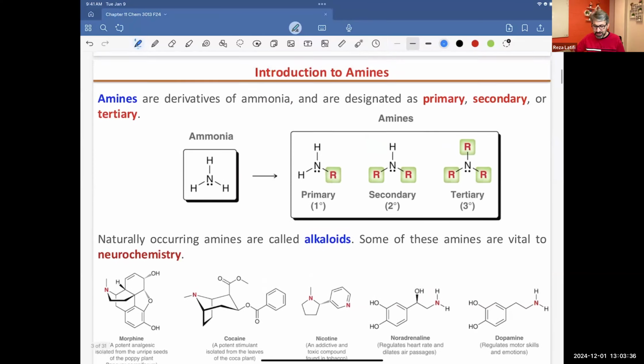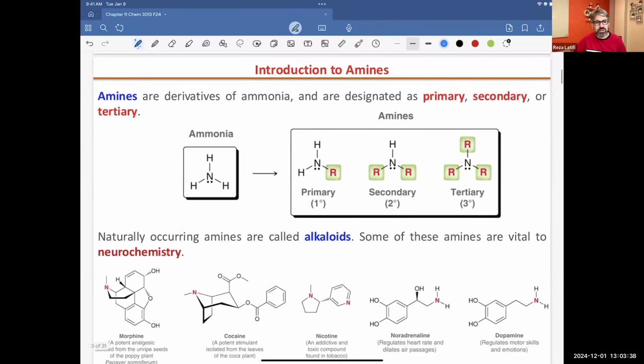In this lecture, we will be talking about the amines, compounds that are technically derived from ammonia. We have a nitrogen attached to a carbon backbone, and the nitrogen can carry two hydrogens or less. If it is carrying two hydrogens, we call it primary. One hydrogen, it will be secondary. And if it's attached to three carbons, in that case, it will be a tertiary